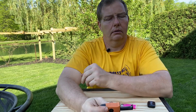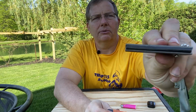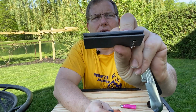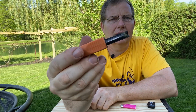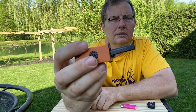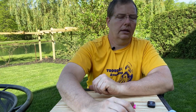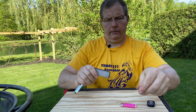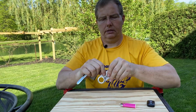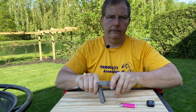The ferro rod. That's this little bar that you see here. On your magnesium bar, the one that I like is this. It's tiny, but for my purpose that I use it for, to start the char cloth, it's excellent. And these are utilized by taking a piece of steel, not your blade, but maybe the back of your knife, and sliding it